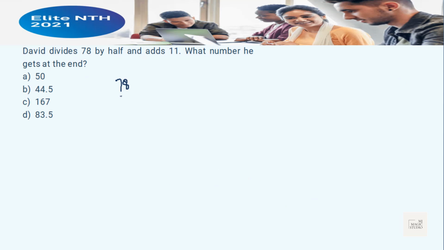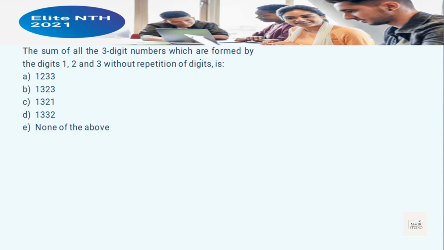David divides 78 by half and then adds 11. So it would be 156 plus 11, that is 167. What number does he get at the end? 167. Option C. The sum of all 3-digit numbers which are formed by the digits 1, 2, 3 without repetition